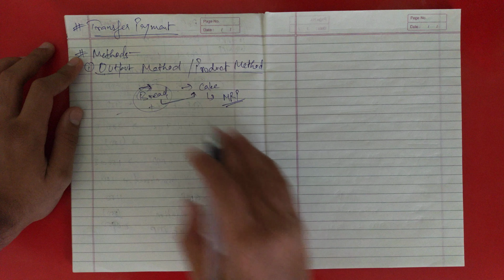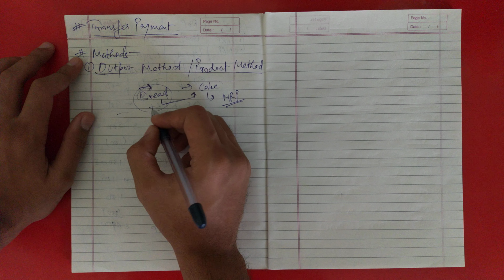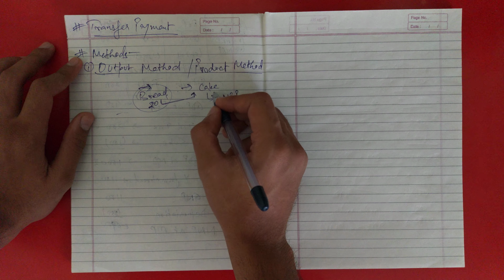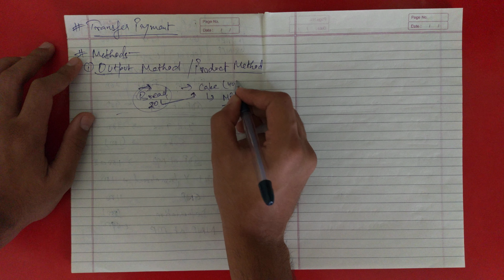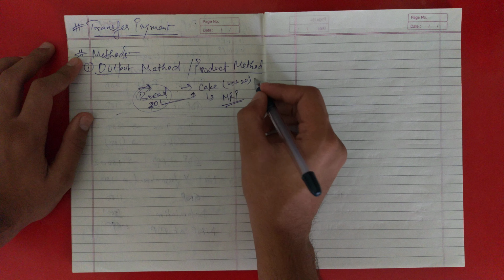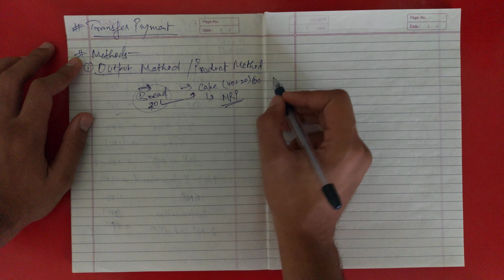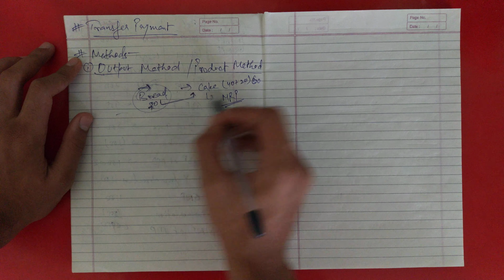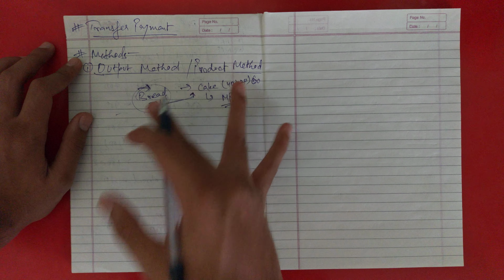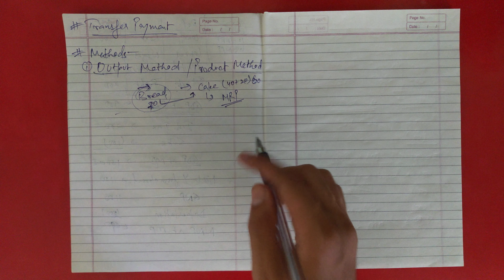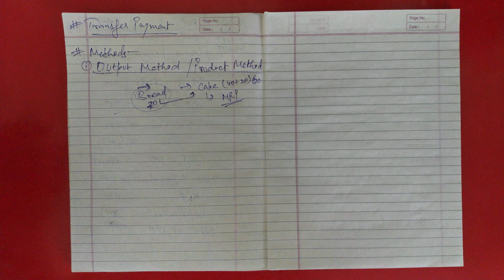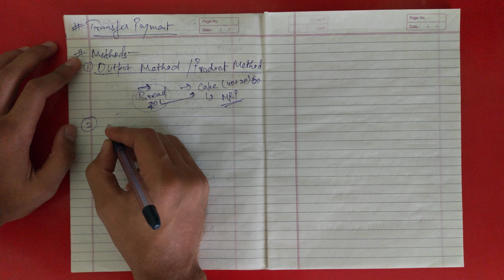You would be adding bread here also, like it's 20, and the cake is 40 plus 20. Okay, 20 is the cost of bread which is already included, so it is 60. So you are adding this also and this also, but this is already included in this, so if you add both, it will lead to double counting. So we will only take the final good, that is cake. Okay, so this was about the output method.